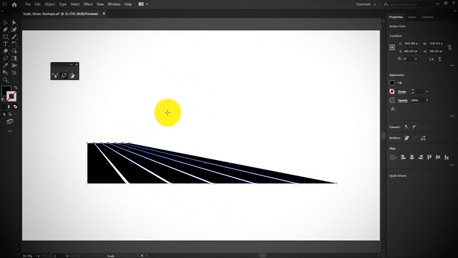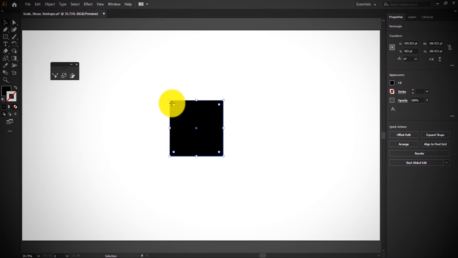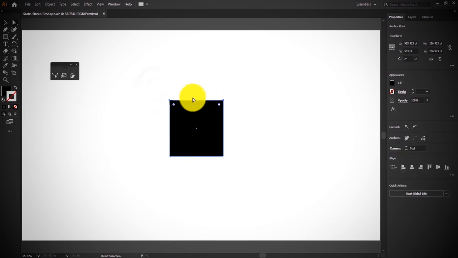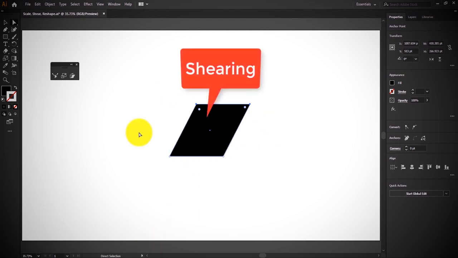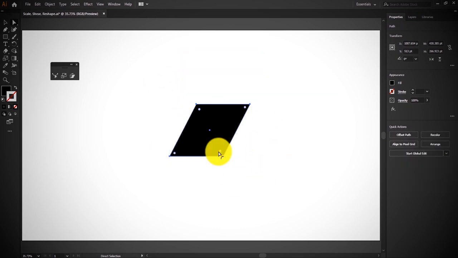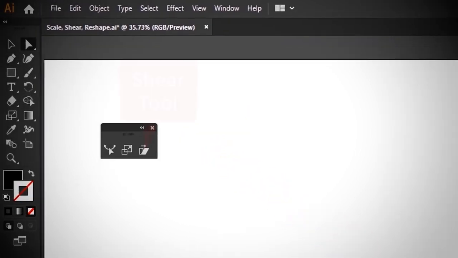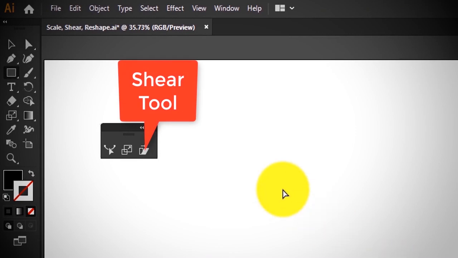Now, we will be learning the Shear tool. First, let me tell you what shearing means. First, using the Direct Selection tool we select these two anchor points of this square. We move them little towards the right, like this. This process is known as shearing. We can shear objects like this, but this method is only suitable for a single object. So now, we will be learning the Shear tool. If we have multiple objects,